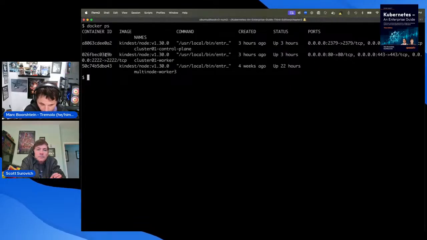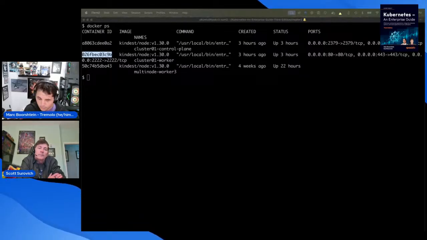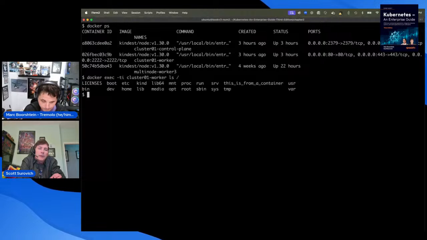So this is our node, the client worker. You've got a lingering worker 3 there. Yeah, that was probably from yesterday when I ran through this. So let's see here. Docker exec. It should have bash in it. Yeah, there we are.